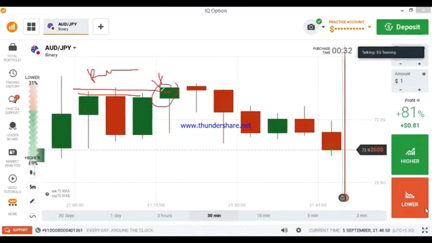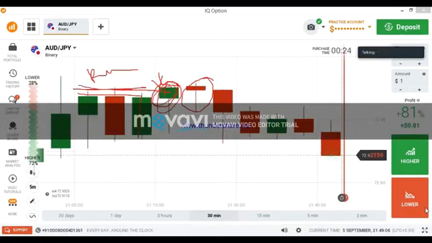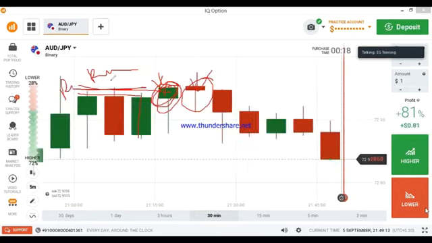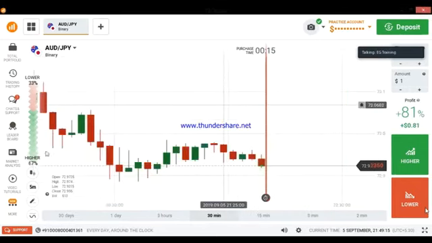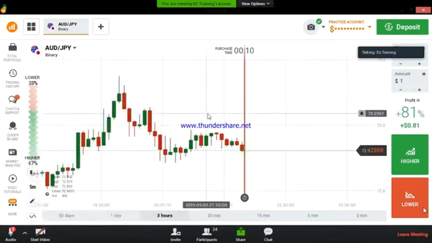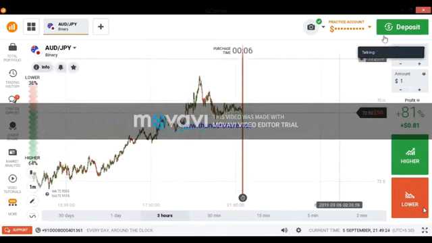They tried but failed because of these strong buyers. Again, they tried because of these weak buyers. This is a seller's area. This is a weak buyer's entry. That's why sellers entered again. So this is a resistance level. The resistance level is nothing but the seller's area. And I will show you what is the support level and what is the resistance level. One minute.